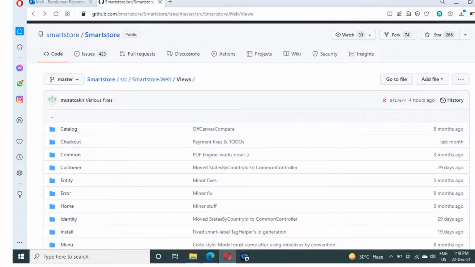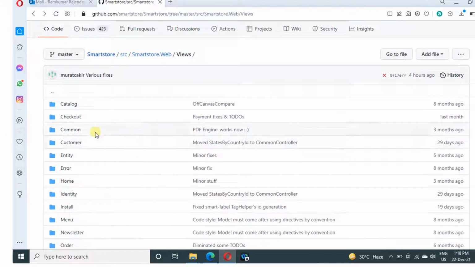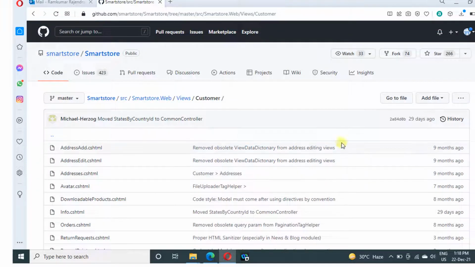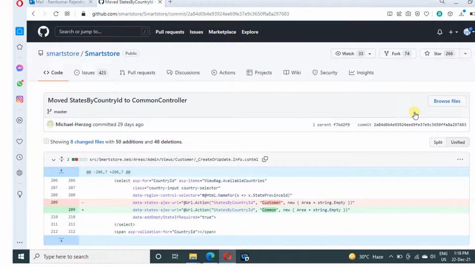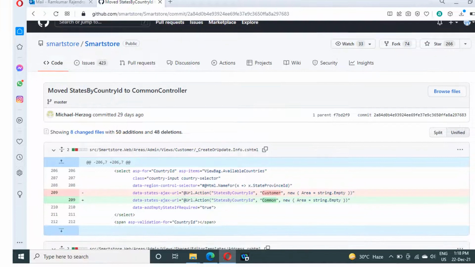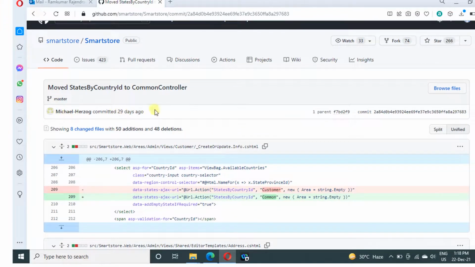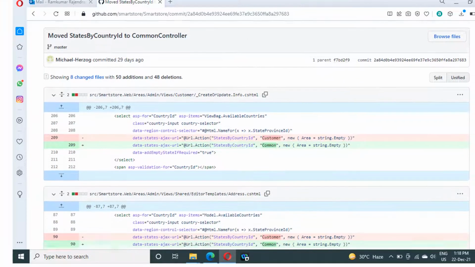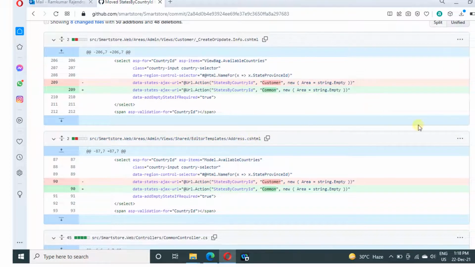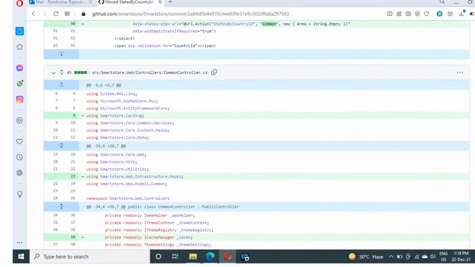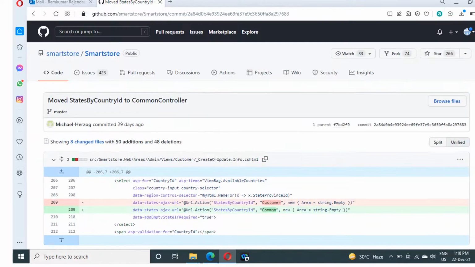Let me show how a history looks like. This is one of the projects available in GitHub. You can navigate to any of them, and here are the files available, and I'm just opening a specific commit. Inside the commit you can see what are the files that have undergone changes and what the changes are, whether I have added some line or removed some line, so everything, and it will show who made the changes and when it was made. So you can trace back everything in Git history. These are the various files that come under this particular commit. This is how your history will look like.